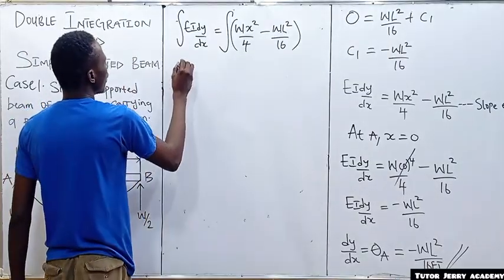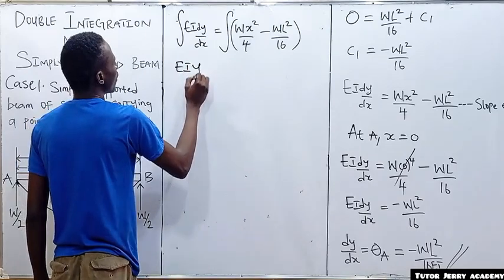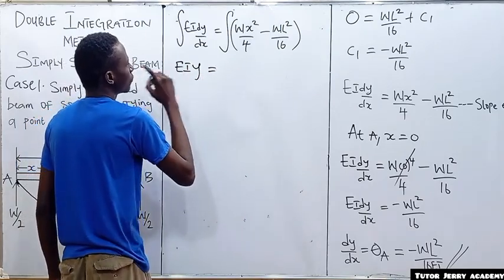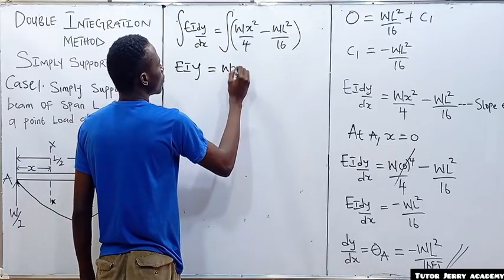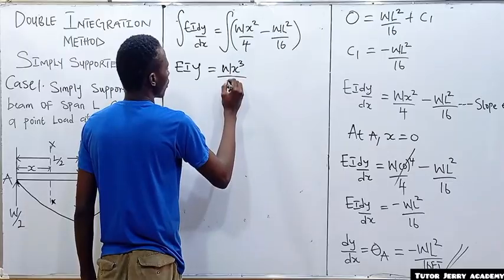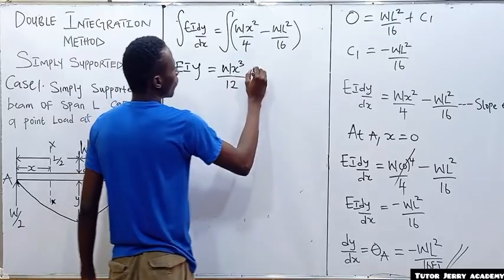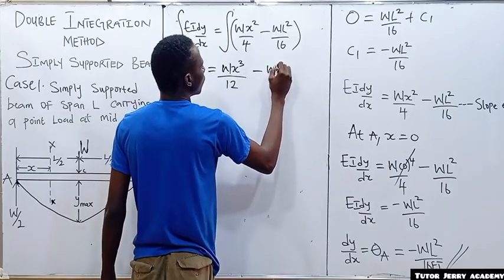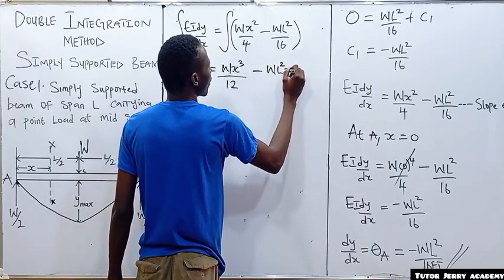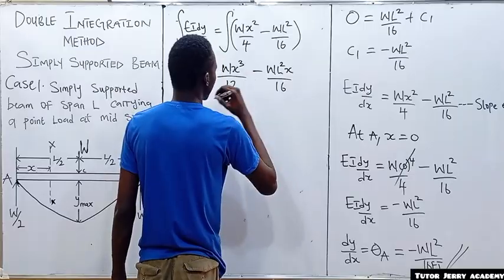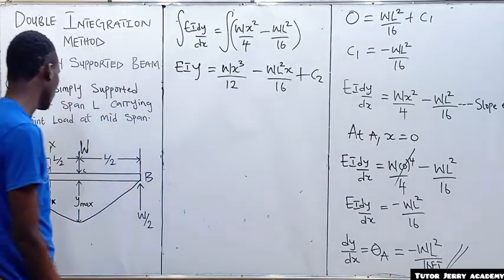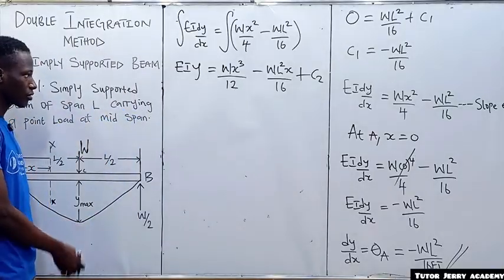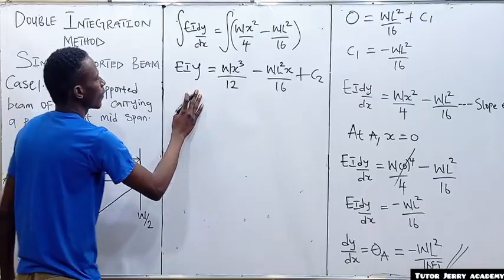So EI y is equal to W x cubed all over 12 minus W L squared x all over 16, plus C2. Now we are looking for y max, of course, so we can just say EI